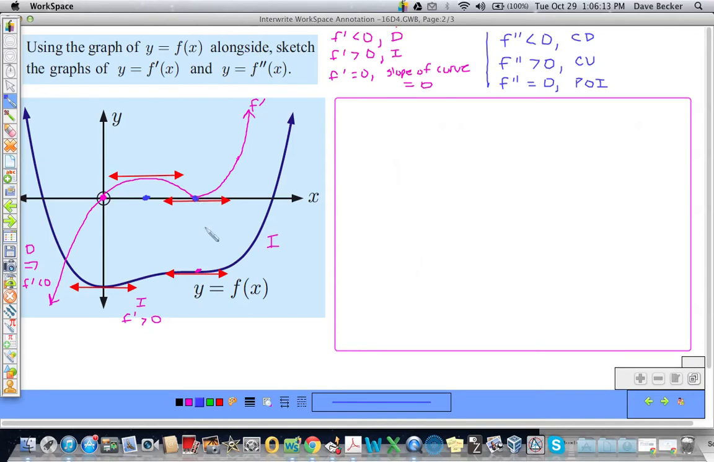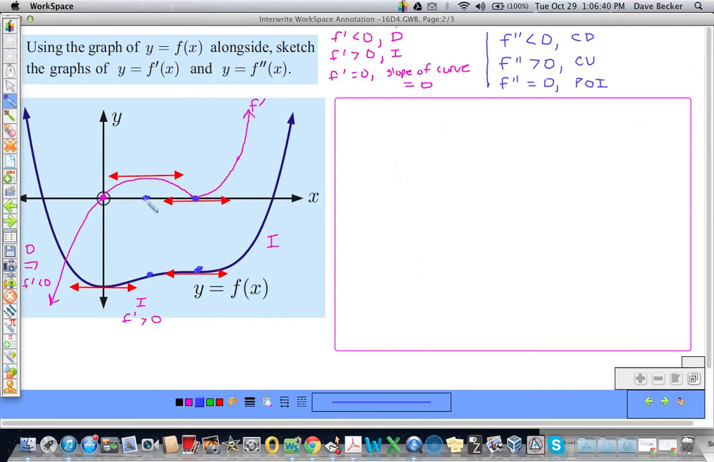So we have a point in common between the first derivative and the second derivative. Also, the original function is concave up until about this point right here, and then it becomes concave down, right? And then it becomes concave up again. It goes from concave down from about here to here,